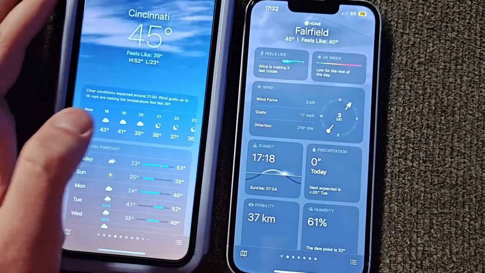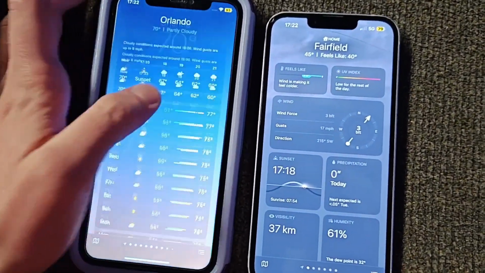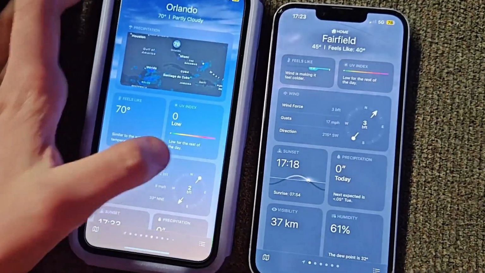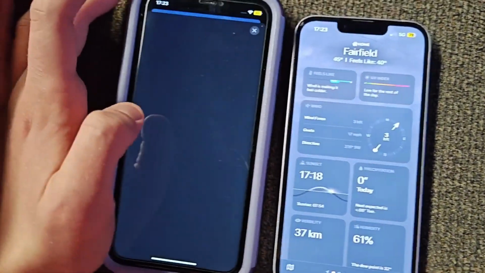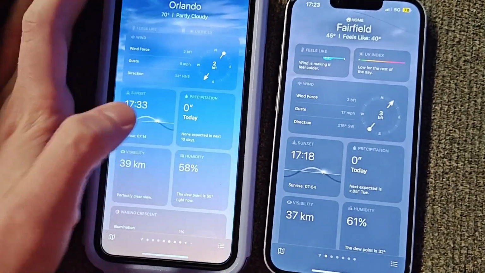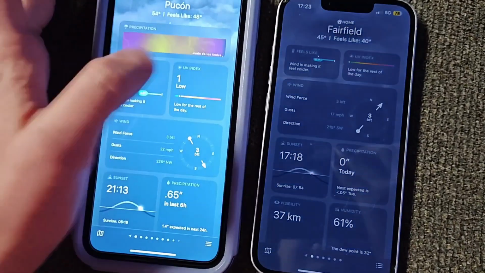Now we're moving on to the next location, and then we go a couple more to Orlando, Florida, and see that UV index graph. Now sunrise and sunset graph. There you go. Let's go to this city. Here's the